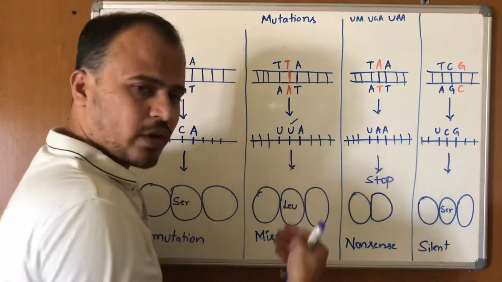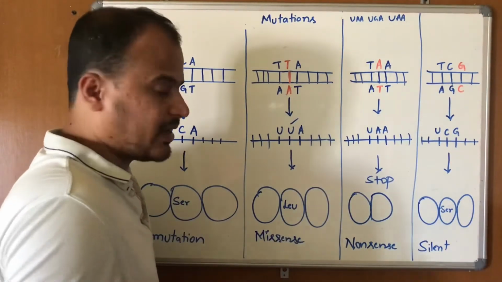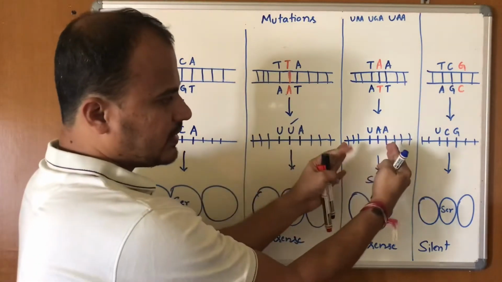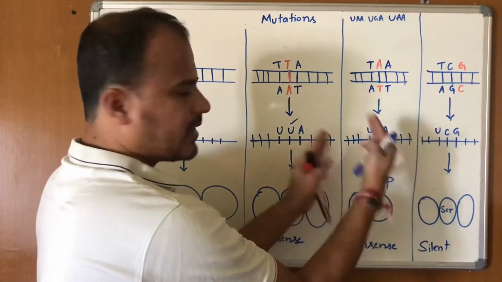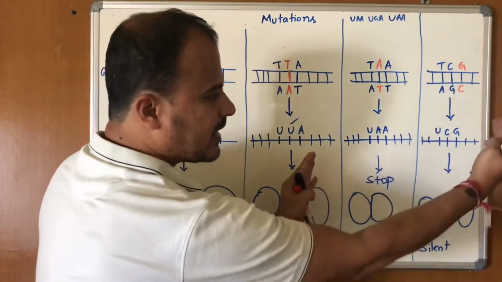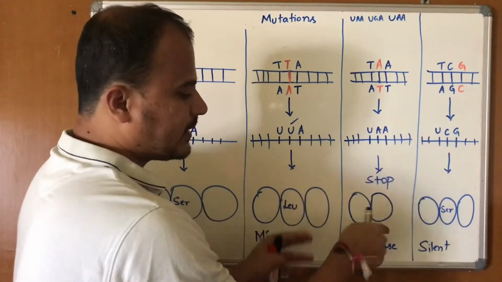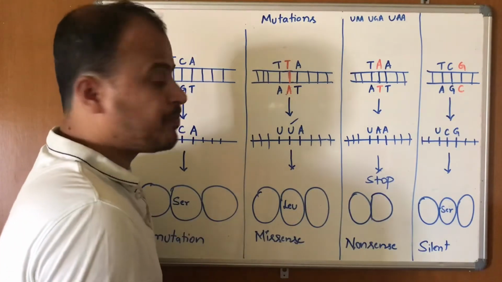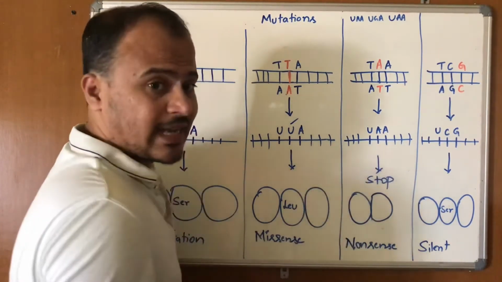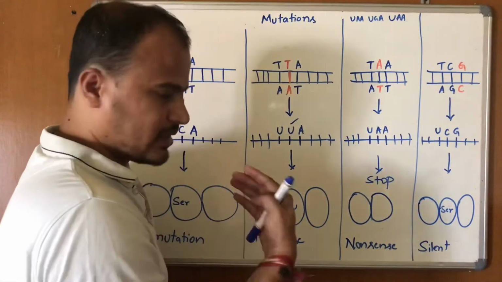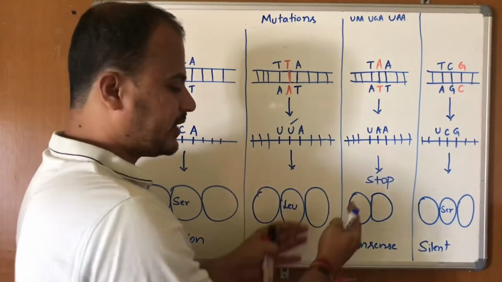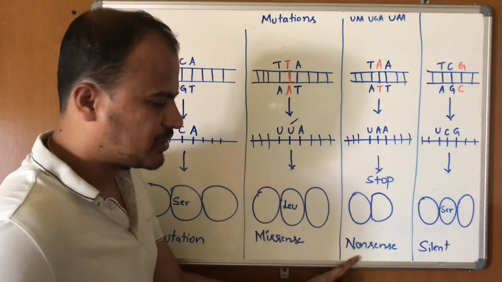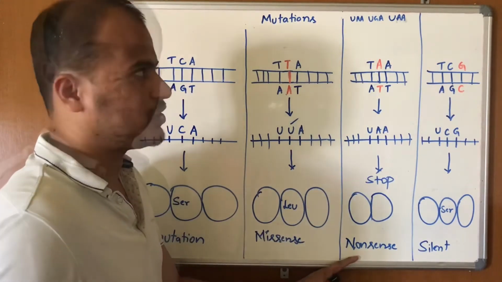That means the stop codon has entered somewhere in the middle of the mRNA, and the protein synthesis cannot complete, because as soon as the ribosomes find UAA, they stop there itself and cannot move further. Therefore this is a premature protein and the protein synthesis is terminated early. So UAA is a nonsense codon or stop codon. It is stopping the synthesis of protein. That's why this kind of mutation is also called a nonsense mutation.